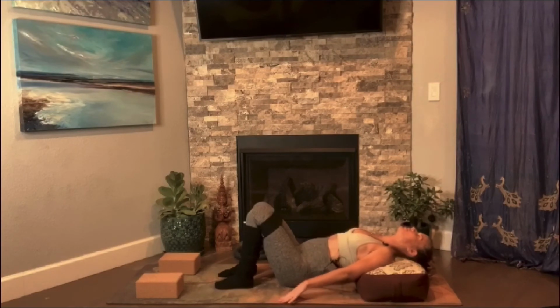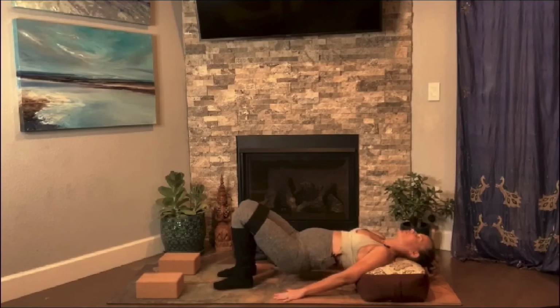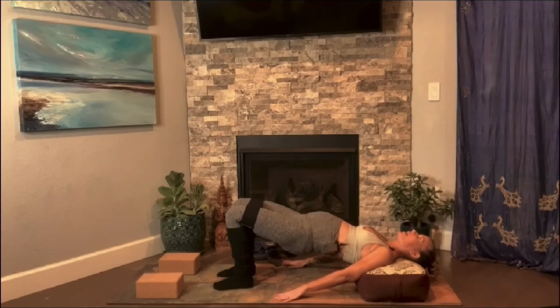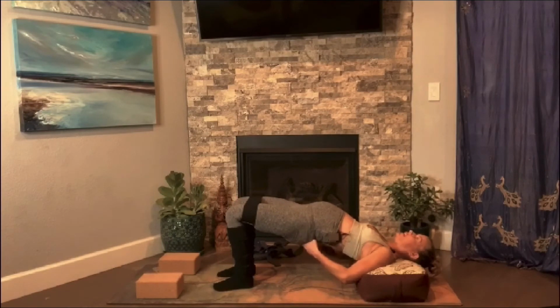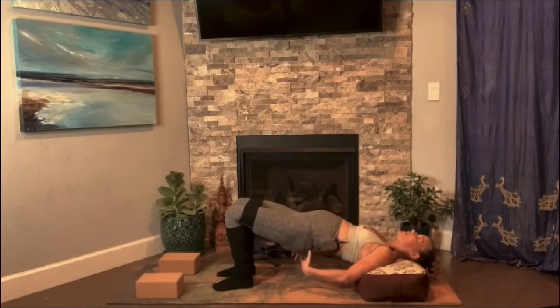Tuck your shoulder blades under your back. Pull your shoulders down so you have space. Press to lift your hips up. Take a nice deep inhale here. Don't think of pushing into a back bend. Again, think of just